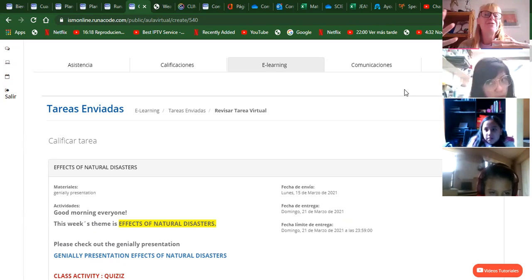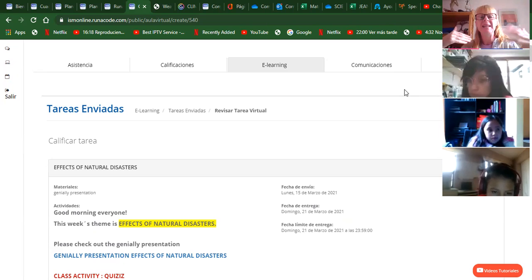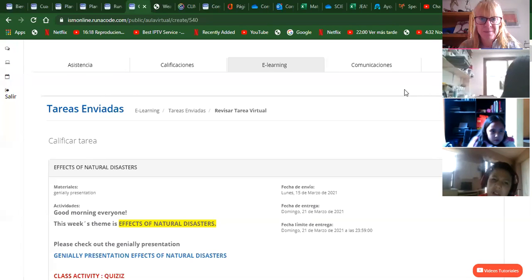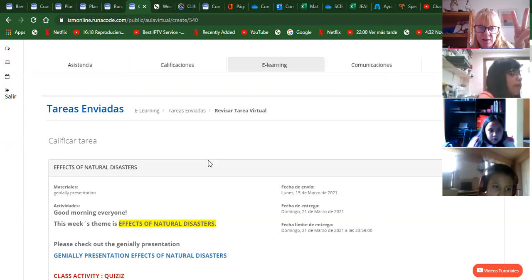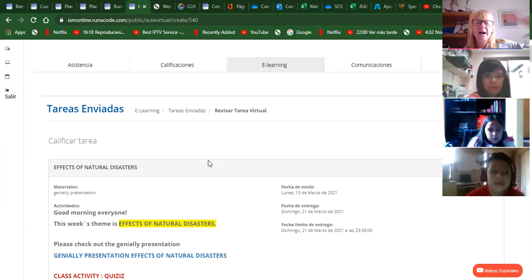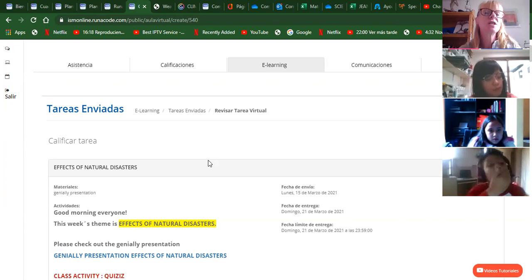when we have too many atmospheric phenomena, well, this can turn into a natural disaster. Okay? So we're going to have a look at that. Remember last week in your asynchronic activity, there were two pictures, ¿no es cierto? There were two pictures. One was of a village that was flooded, and another were of palm trees being blown in the wind, okay? Those are natural disasters caused by